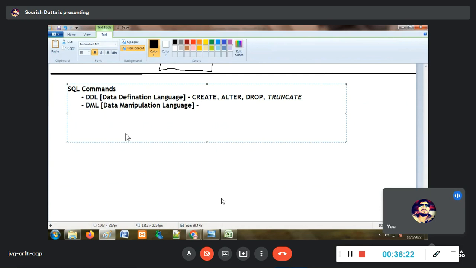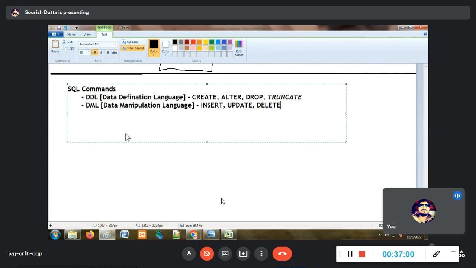It means you can manipulate the data, meaning entering the data. So how can you manipulate data? You can insert data, you can delete data, not the structure. Data definition is related to structure. Data manipulation is related to the content of the table, meaning the data. So the commands are insert, update, delete. Very simple, the meaning is already clear, I think. Insert means